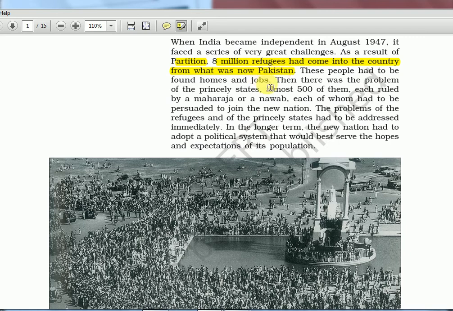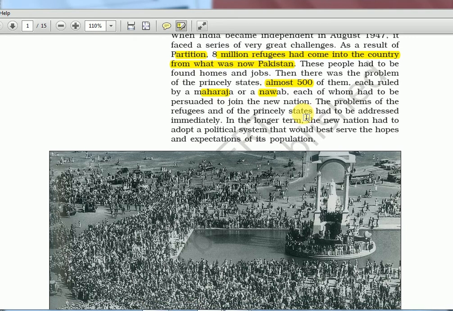Then there was the problem of the princely states. Almost 500 princely states were there, which were not under British India directly, but under many puppet rulers, many Maharaja, Nawab kind of concept also was there. And everybody had to be persuaded to join and form a new country. So there comes the role of Vallabhbhai Patel. That I've done in the Spectrum series in detail, including the issue of Kashmir, which is still a problem now. So these problems are there, obviously, and in between that, in less than 6 months' time, what happened is,